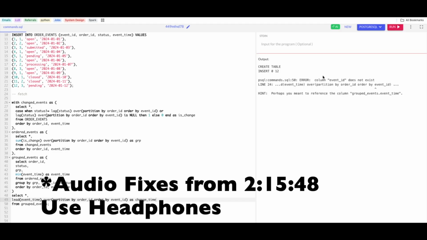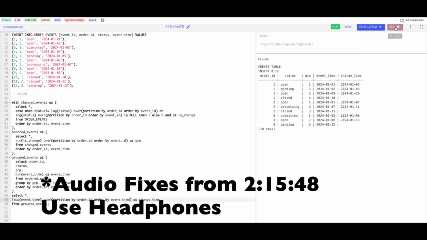So I'll get one more column. Event ID does not exist, right? So why does event ID not exist over here? Okay, so we can use event time here. So this is how it will look. Now one edge case we are missing is the null value, where the last status that it changed to does not have any change time in its lead, and I guess by now you should be able to